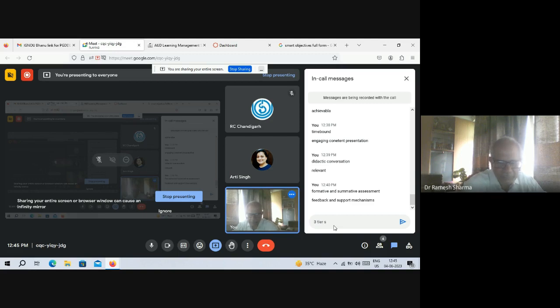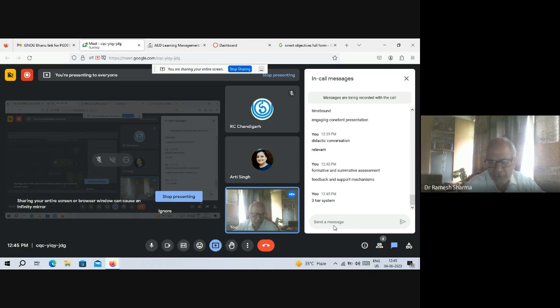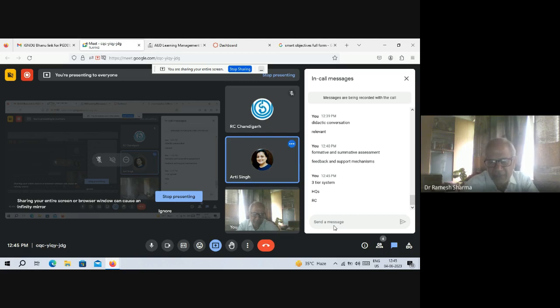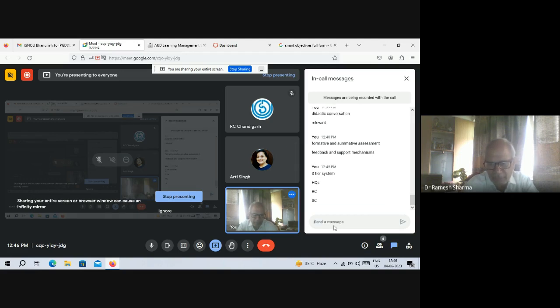IGNOU follows what is called a three-tier system. You have headquarters in Maidan Garhi, New Delhi. Then the regional centers are there. Most states have a minimum of one regional center, almost all. Some states have two or more regional centers, and then at the third level we have the